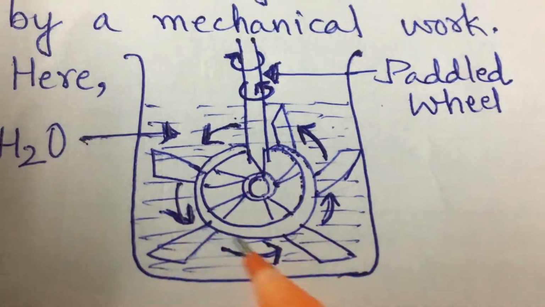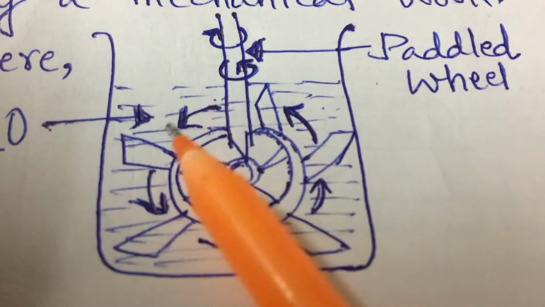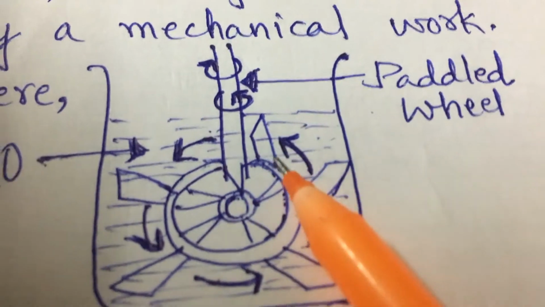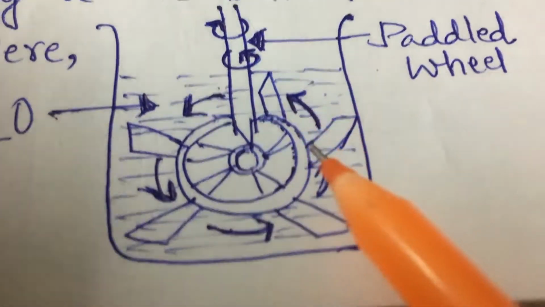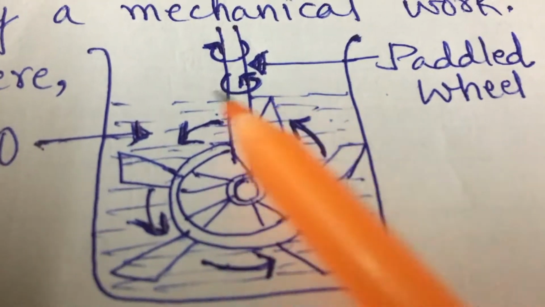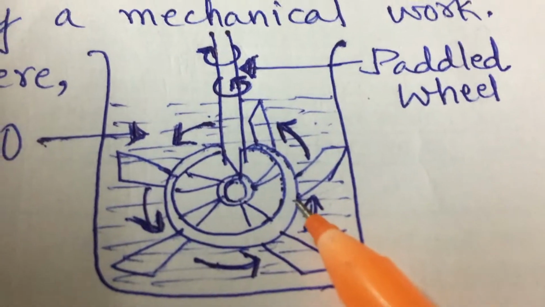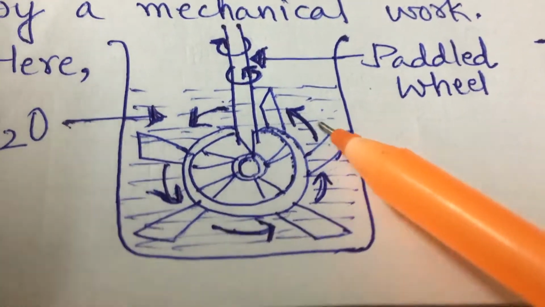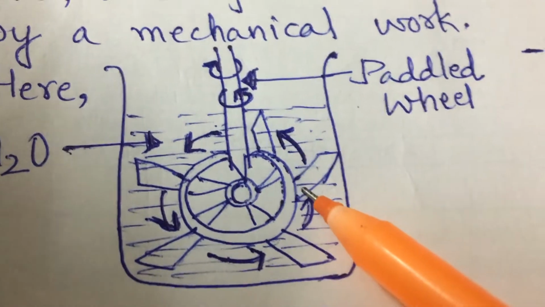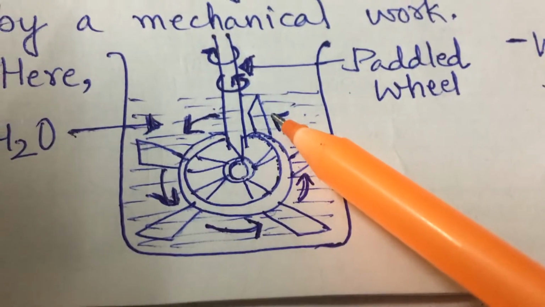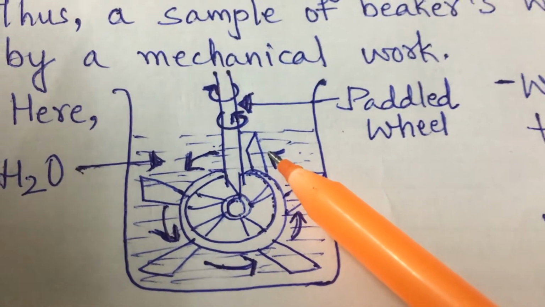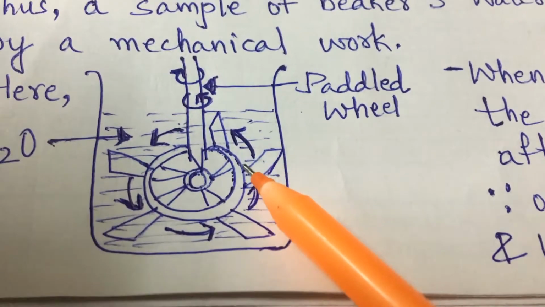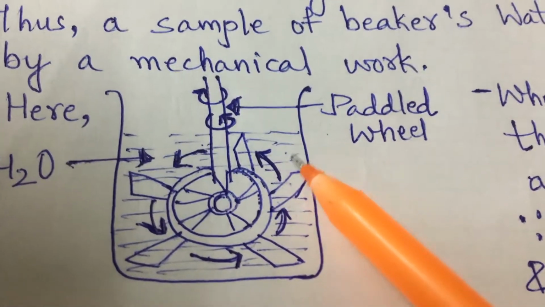So here what happens, these paddles, see here I have shown the rotation, they will start rotating inside, and due to that the water molecules will start churning due to this churner paddle wheel, and they will come into motion, they will start movement, and in that movement they will even start colliding with the paddles, which we can say they will undergo the force of friction, right? And due to that, after a while, this water will get heated up.